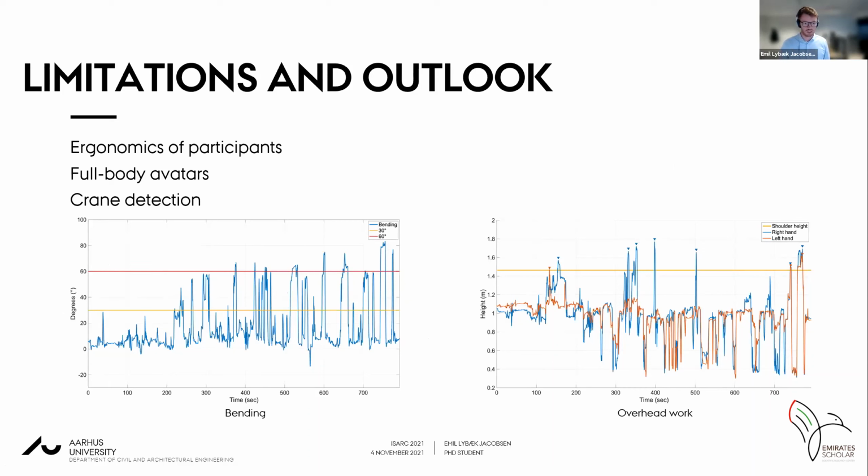For future research, we would like to also assess the ergonomics of participants while they are in the zone, and that's why we actually have the body motion suit on one of the players. This will allow us to look at bending during activities, and also, as I stated, with the lamps, overhead work. This also allows us to do full body avatars due to the many sensors, and we also would like to look at crane detection. So not only to assess whether the player is within a danger zone, but also whether he actually looked at the crane, and see if there is a correlation between haptic feedback and crane detection.